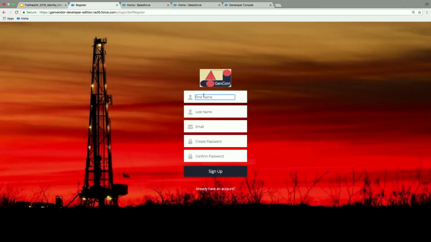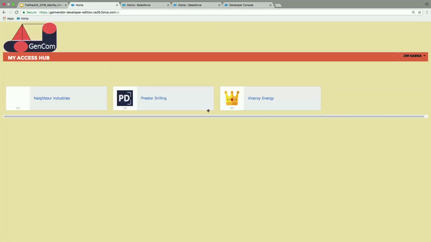So we'll just create a username and password for him. And we'll say, and he will try to log in. Okay. And there you go. He's logged into the centralized hub org, and he's presented with a number of different connected